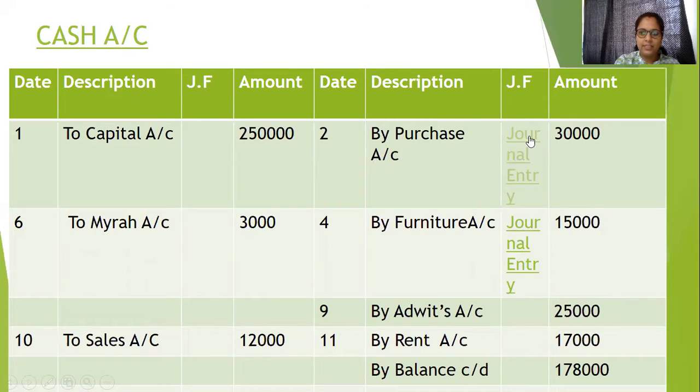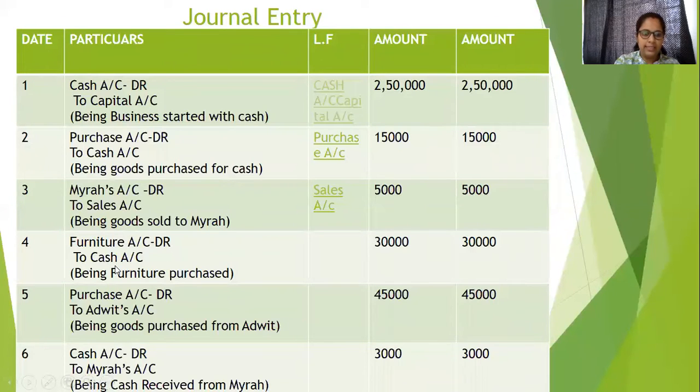Okay. Again we will check the journal entry. Cash, see here also we have cash. So furniture account debited to cash account. Here cash is credited. Why is it credited? Because we are bringing furniture into the business. We are paying for furniture. That's why cash is credited. So in the ledger also we will write by furniture account, the reason why cash is credited here. So on the credit side we will write by furniture account. This is expenditure for us. We are paying for it. So credit side. We know that if there is any decrease in an asset, it is credited. So cash is credited.